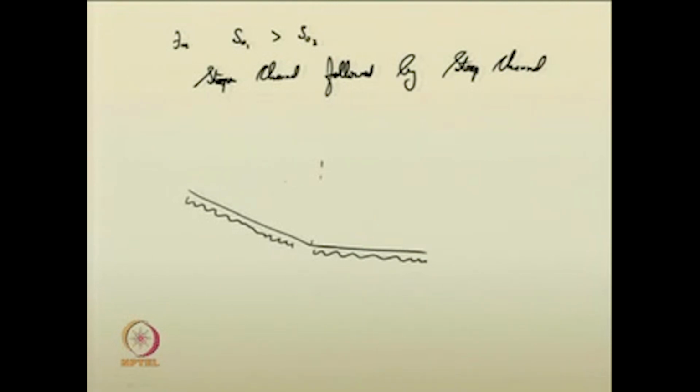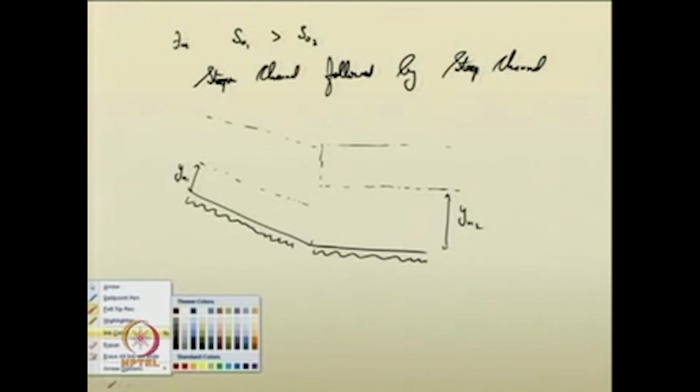So, you have the normal depth line like this. Here the normal depth line is like this, the critical depth lines will be like this. This is your y n1 and this is your y n2. The only possible profile in this case is, you can imagine, if you want to draw the thing,